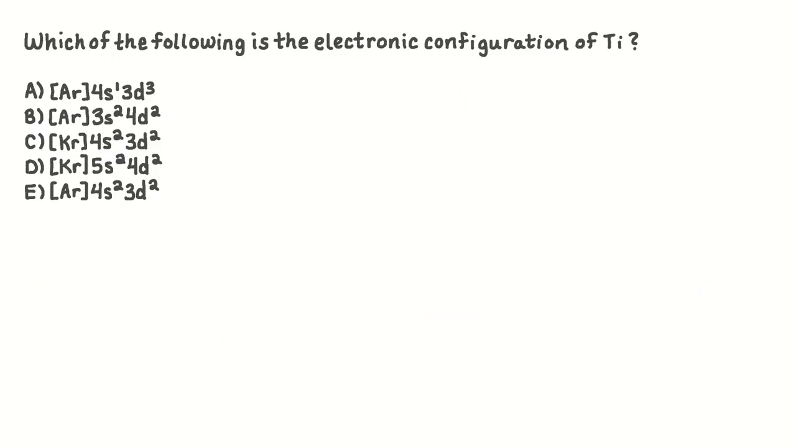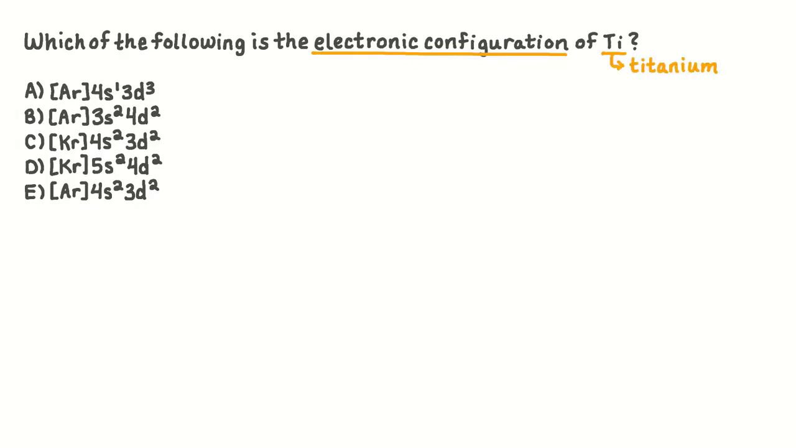Which of the following is the electronic configuration of Ti? A. [Ar] 4s1 3d3. B. [Ar] 3s2 4d2. C. [Kr] 4s2 3d2. D. [Kr] 5s2 4d2. E. [Ar] 4s2 3d2. To solve this problem, we need to select the answer choice that shows the correct electron configuration